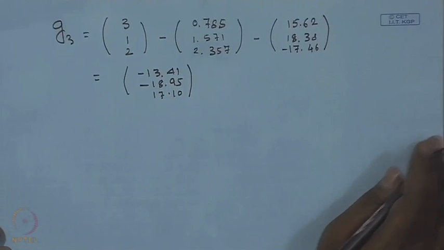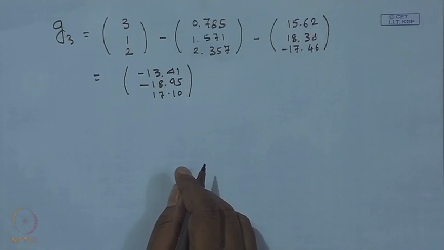So, that is the third vector G3, which is orthogonal to E1 and E2,